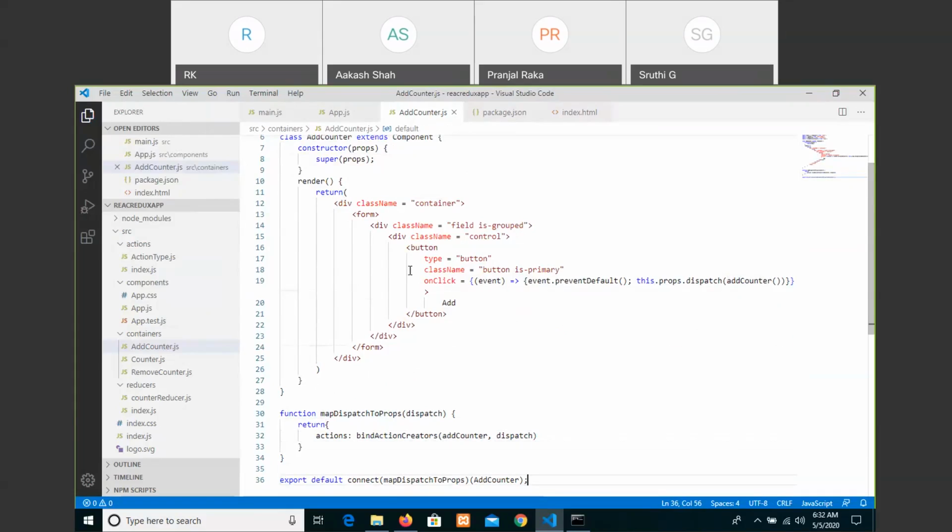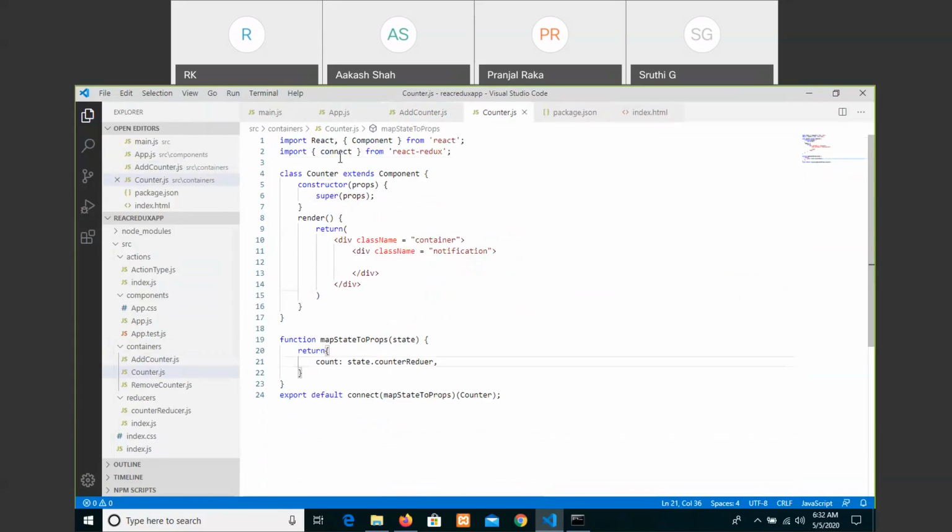In the same way, we can also write and just check it out here. React component connect. Oh, sorry. I thought I had totally checked, but I did not display it here. I'm checking all the statements.